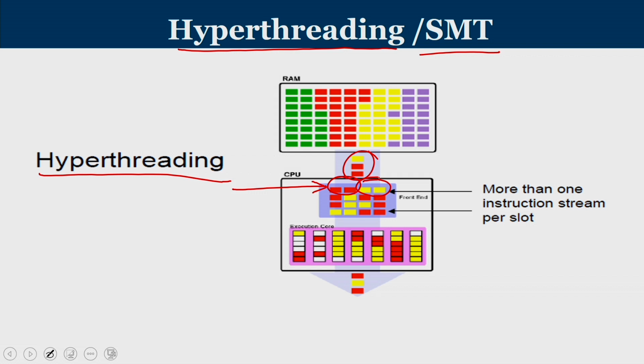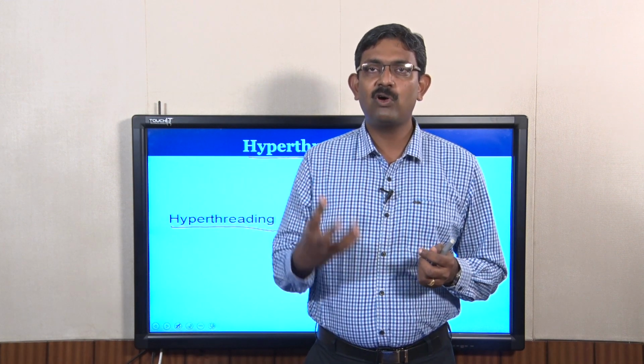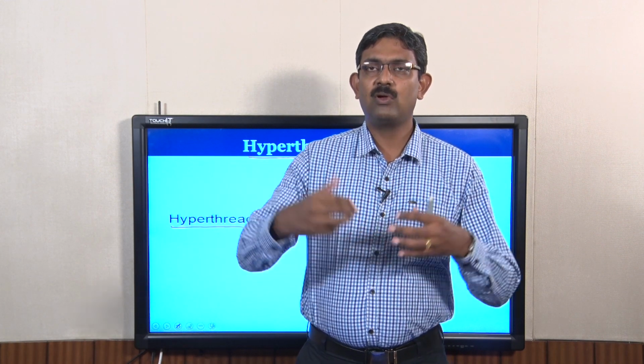Now let us see what is the difference between hyper-threading and multi-threading. In multi-threading, you bring 4 instructions of program A, you decode 4 instructions, and then you are going to issue them. Let us say there are 10 execution units. I cannot satisfy all these 10, because instructions from A may not be needing all these functional units. Now, can I do a little better?